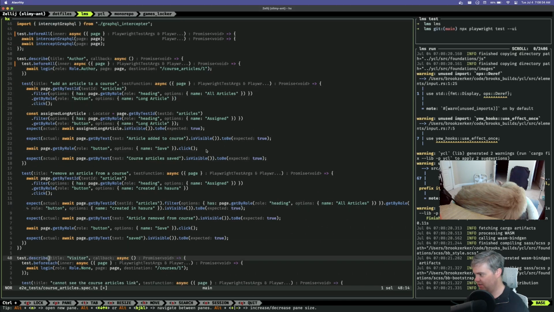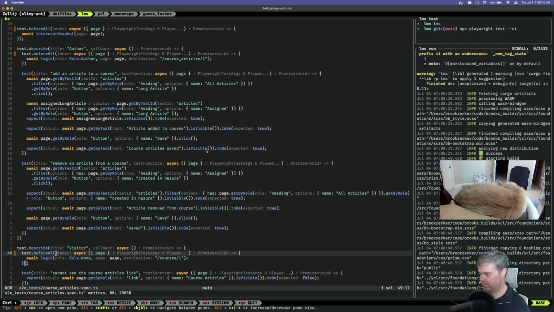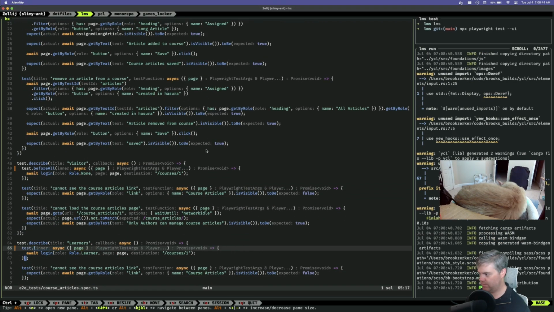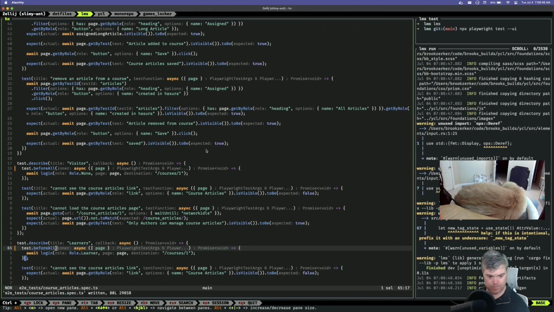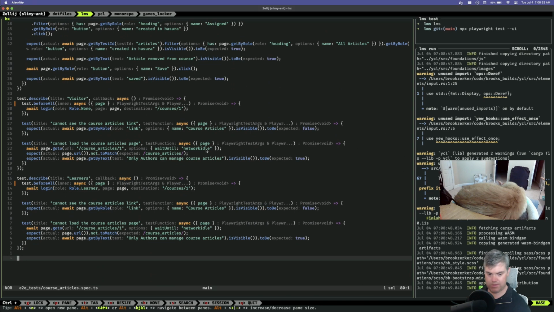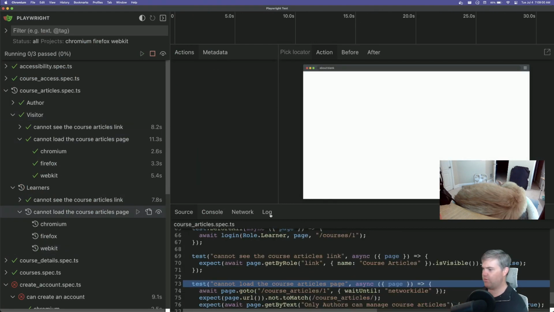And then same thing here. So it wouldn't necessarily be cloning, but I might be creating multiple versions of them. So if I run all these together,